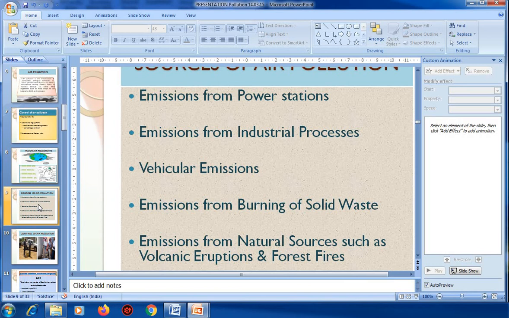And a shortcut key is also there, an alternative key. We can press Ctrl plus C means copy, and Ctrl plus V means paste. Then moving a slide also, you can move the slides up and down very easily by just pressing the mouse and dragging.